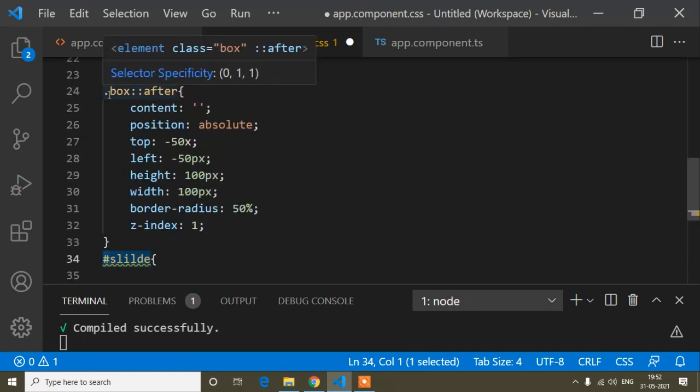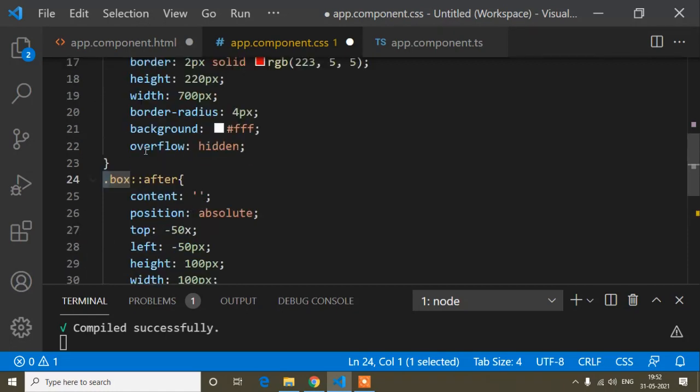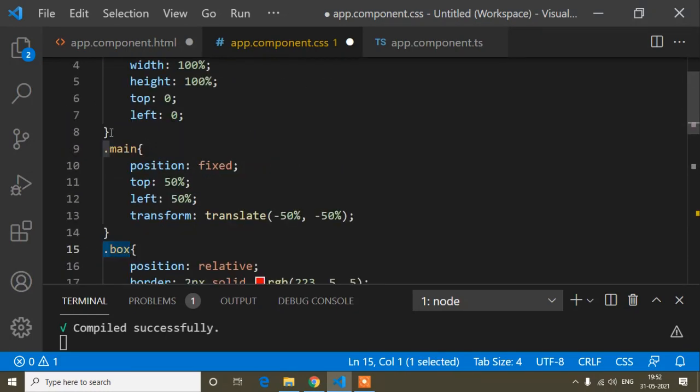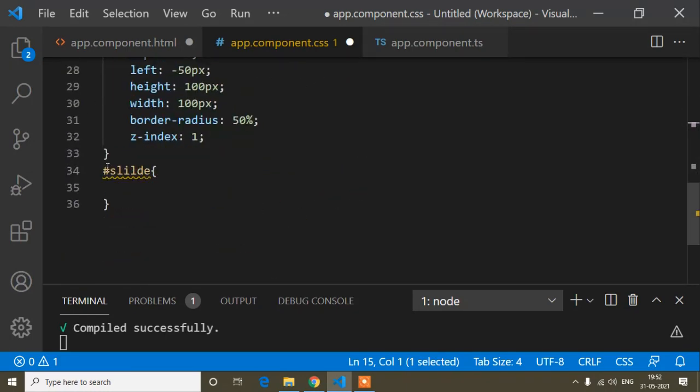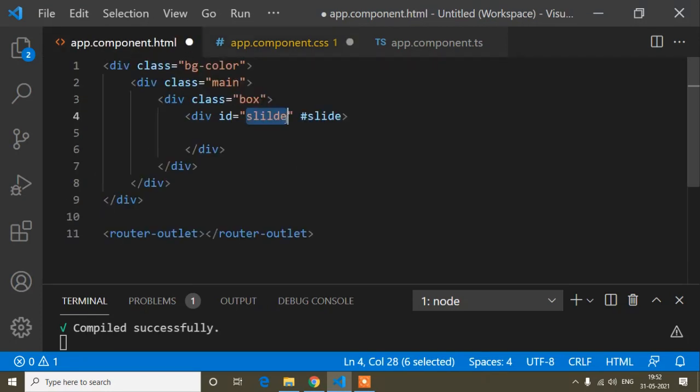All the classes when I was defining CSS, you can see I had written the dot, but for the ID I have written hashtag. And the same thing I told you about the template reference variable, it's similar to an ID, so when I define the template reference variable, the syntax is also hashtag.